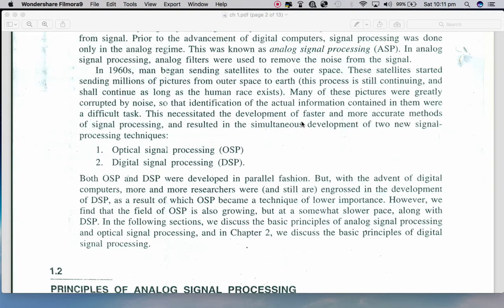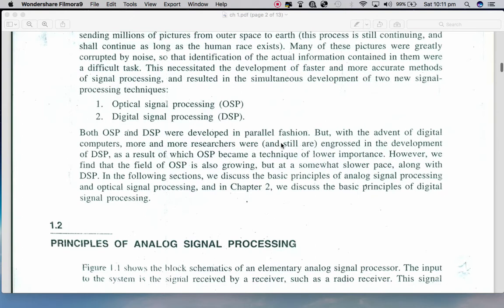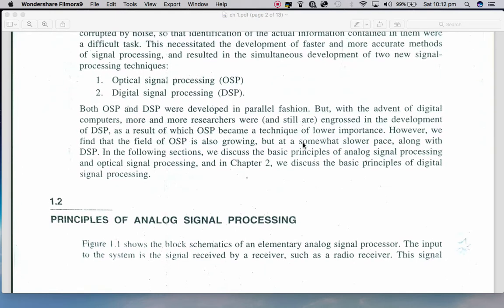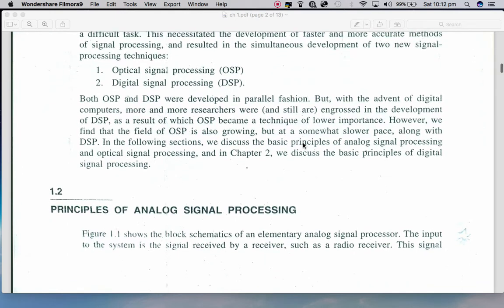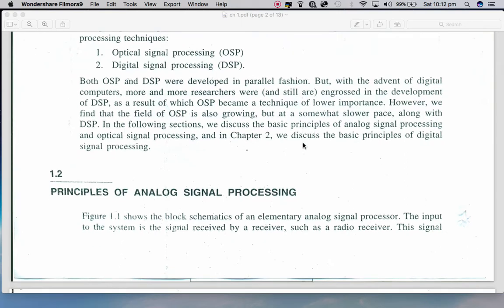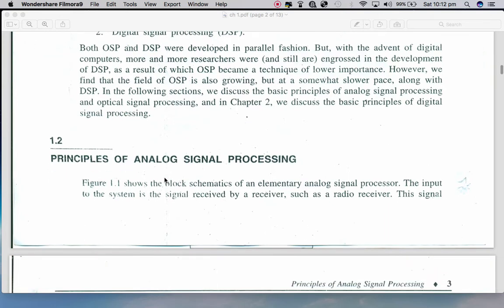So analog signal processing was not as much fast, and due to that reason we focused on these two, which were optical signal processing and the digital signal processing. Optical signal processing is performing its operation in the parallel fashion, while the DSP is performing in a serial manner. We will be doing some kind of more analysis on these two after we will be discussing the principles of